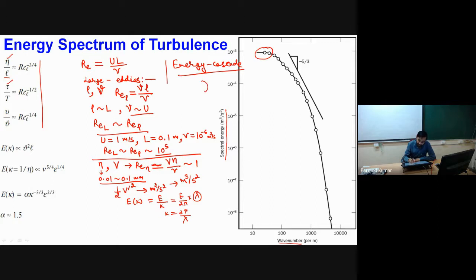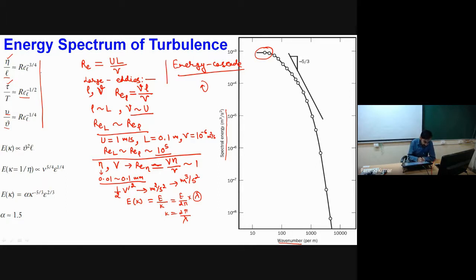Similarly, if we compare the time scale, the time scale of the smallest eddy, as I told you, eddies will be having a certain rotating component, so these will be having some fluctuations with time. Okay, so some of the eddies will be having slow fluctuations, some will be having very fast fluctuations. If we compare the relative time scale between small and large eddies, that can be represented as Reynolds number of the largest eddy power minus 1 by 2. Similarly, the velocity scale of the smallest eddy divided by the velocity of the largest eddy is Reynolds number power minus 1 by 4.